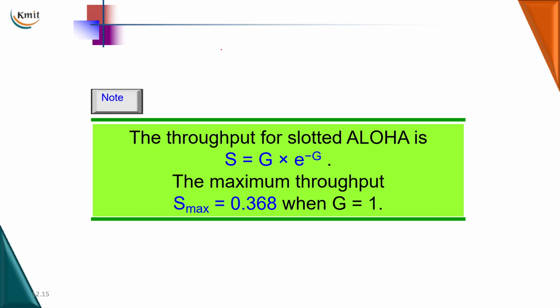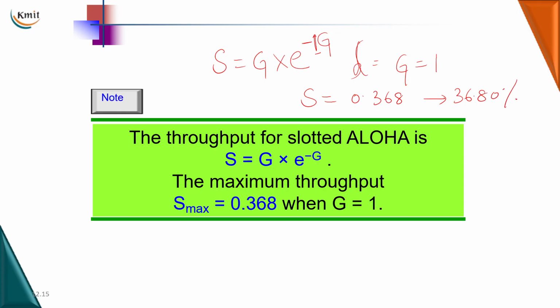It's almost double. The formula for the efficiency of slotted Aloha is S = G e^(-G), where I have only 1 G because the vulnerable time is 1 frame time only. If I differentiate this equation, I will get the value of G as 1. When I substitute the value of G as 1, I will get the value of S as 0.368, which means that